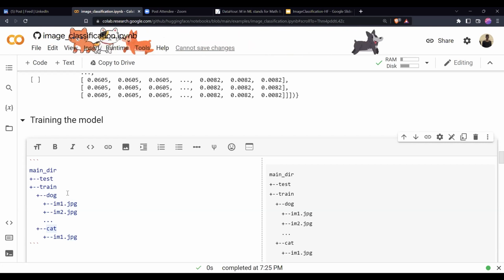Then what is warm-up ratio? There are some steps for which the training does not happen as we expect it to. It's more complicated than that, but in papers it is mentioned that when you use warm-up ratios, it's better. The training accuracies are better.